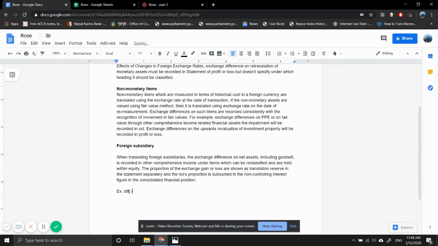Exchange difference in case of full disposal, right? They need advice on this as well. So what would happen in this case is that if Rose were to sell all of its equity shares in STEM,